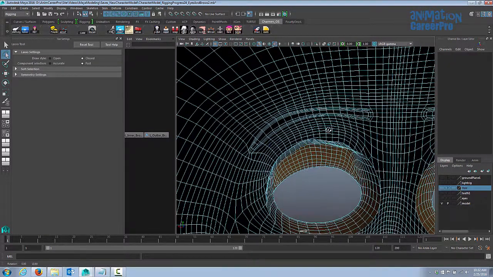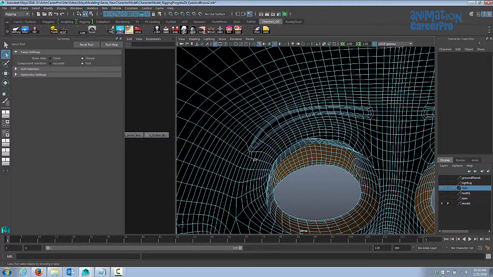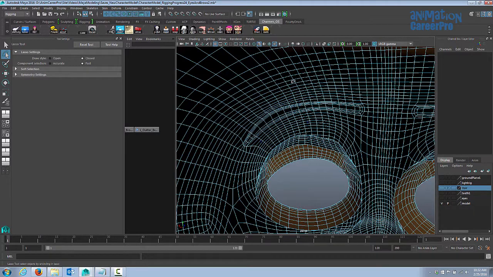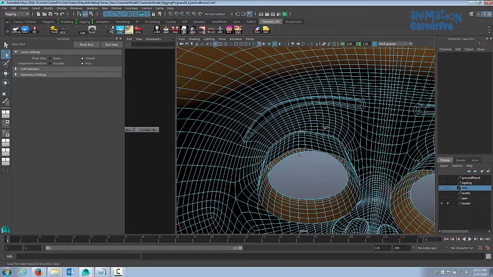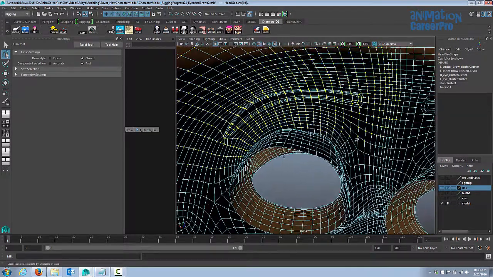And this time I'm going to select the entire eyebrow for the mid-eyebrow control. We're going to use it to move the eyebrow up and down in the center, but we want to be able to rotate it as well, and we want it to affect both sides of the eyebrow. So we're going to get the whole eyebrow, and we'll just refine our selection here.